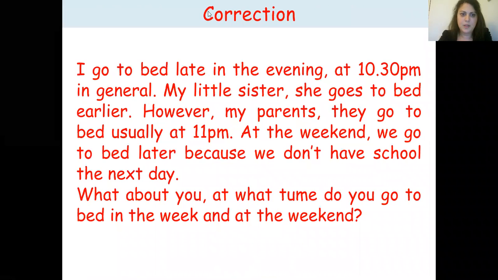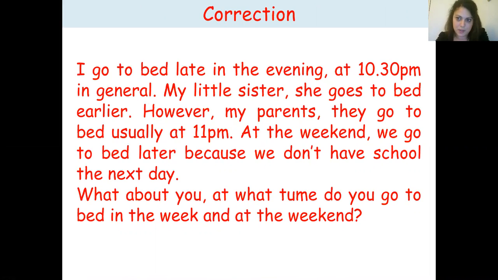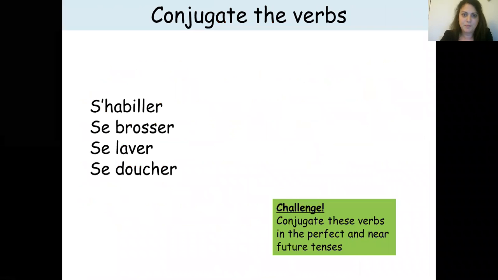Okay. So please write this correction in red, even if you have one mistake. The reason being I would like you to have the perfect translation to the text you just had next to it. And that will help you when you need to do some writing or speaking. Oh, there's a mistake here. It says what time instead of what time. Obviously correct that. Okay. Now I would like you to conjugate the verbs that are in front of you.